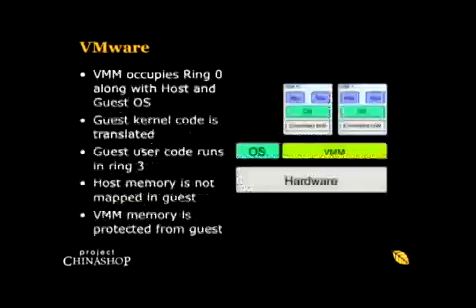And I think I have a slide right here with a little more detail on how VMware does it, with yet another diagram. Basically, the idea is the virtual machine monitor. This is the bridge between the guest operating system and the host operating system. It usually runs in ring 0. It's a kernel module in the host OS, and it keeps itself in the address space of the guest OSs as well. And the approach VMware takes is that it'll translate all the guest kernel code,